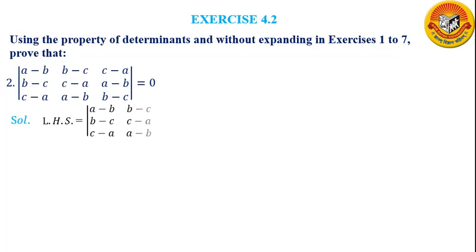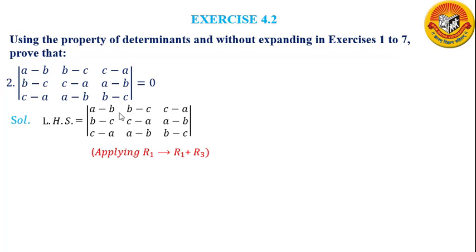Now the second question. Again we have to apply the properties, so you can try yourself. Try to add R1 with R3 or C1 with C2 like that, and see if you get any two rows or any two columns identical. One hint we can use is that on the right hand side we want 0 as the answer. Now we have seen in property number 3 that if two rows or two columns are identical, then the answer is 0. So here you have to make any two rows or any two columns identical. Let us apply R1 plus R3. Let us see what we get.